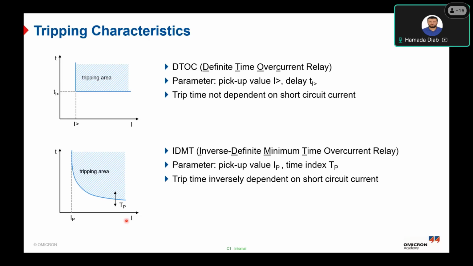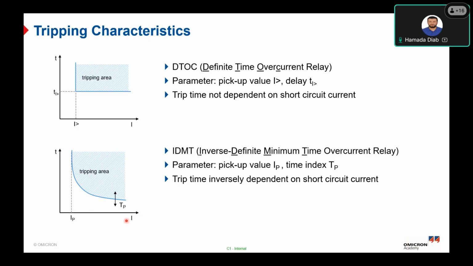So it's inversely dependent on the short circuit current. As you can see here, if we have a fault current here, we will have a certain trip time. But if the current is higher, we will have a shorter trip time, and so on. So here is the main feature of how to differentiate between the DTOC and